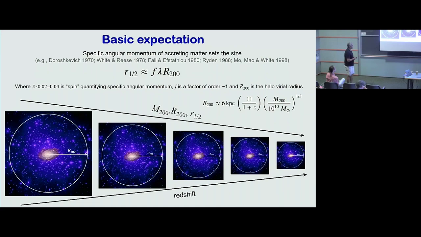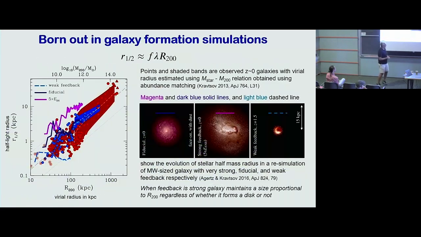And it turned out it does work, and it's borne out both by observations and models. I'll show you a random model from the literature: the work that we did with Oscar Gertz in 2016. And it's also borne out by observations, as these points and shaded bands are redshift 0 galaxies for which the